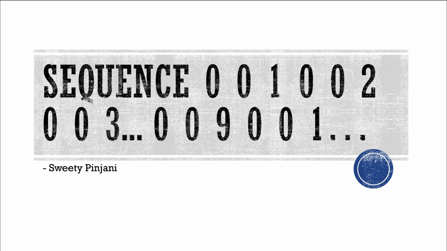What I can quickly see from observing the sequence is every third element is 1, 2, 3, 4, so on up till 9, then again 1, 2, 3, so on, and the first and second element is 0. First and second is 0, third is 1, then fourth and fifth is 0, 6, and so on. You need to understand the sequence first. Then we will see how to code it. Now, first, let's understand the concept.